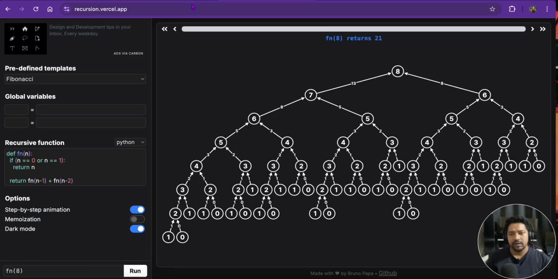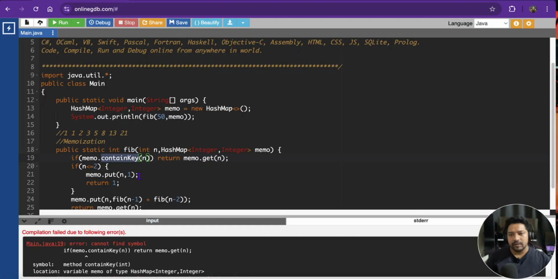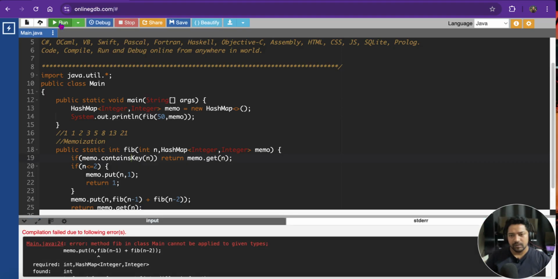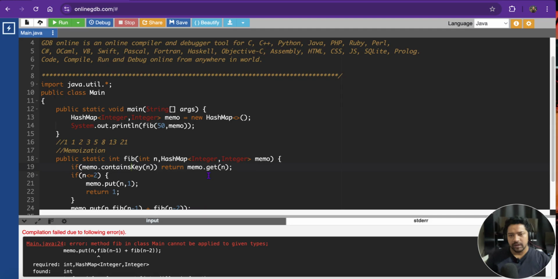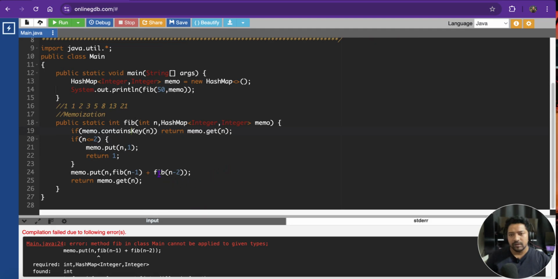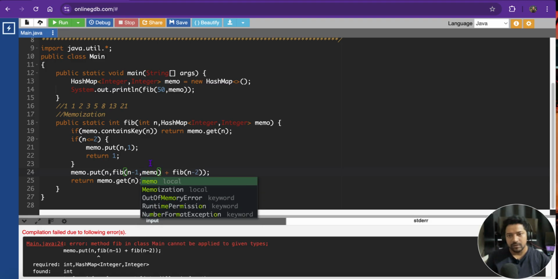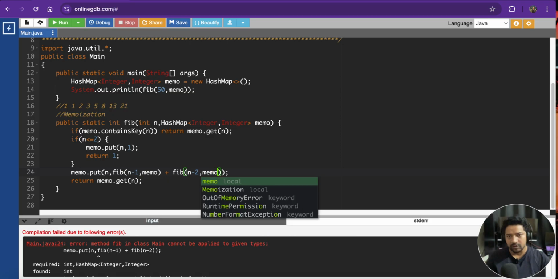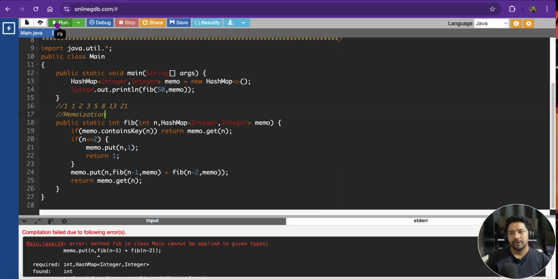It's correct only. containsKey. Okay, now if you run, here also we have to pass that memo, because we are calling the same function now. So if you run,